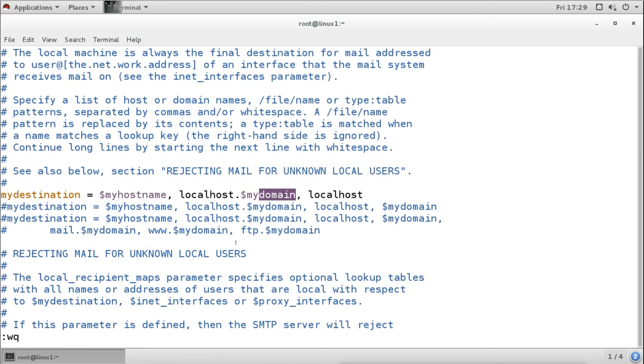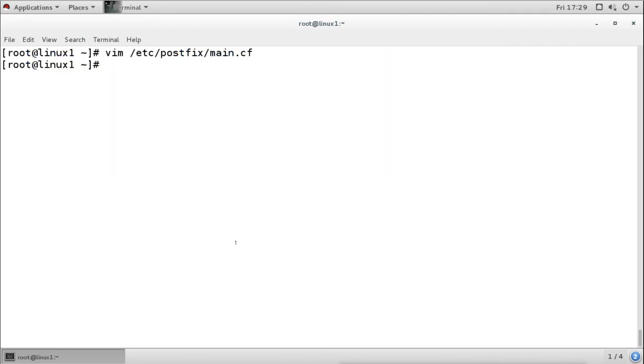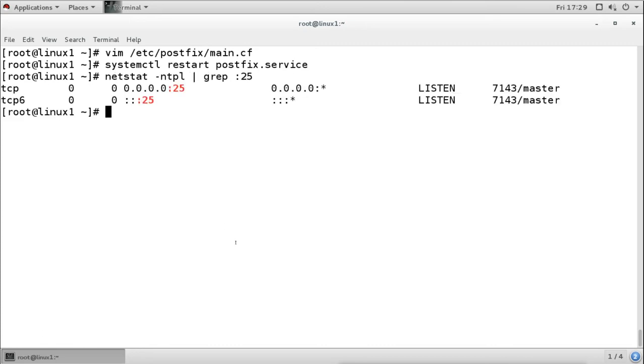So I will save this, and then because we have changed the main configuration file here, we have to restart the service so that it will update the changes. Now when we check which IP address our machine is listening on, we can see here it is showing all IP, it is showing the default IP.